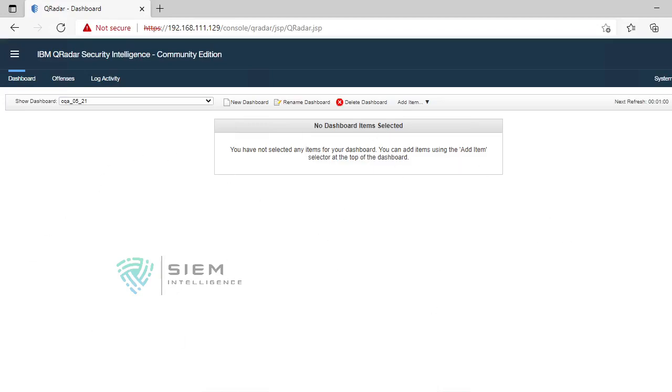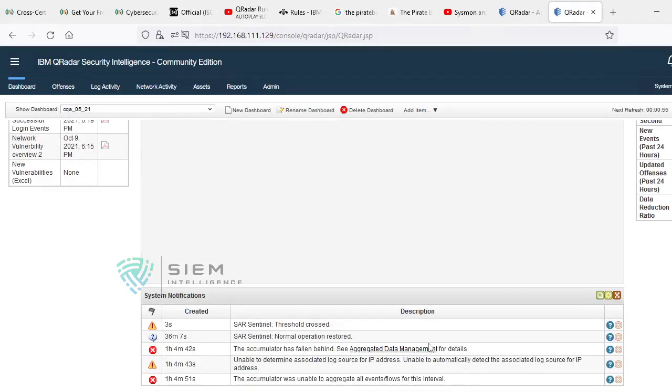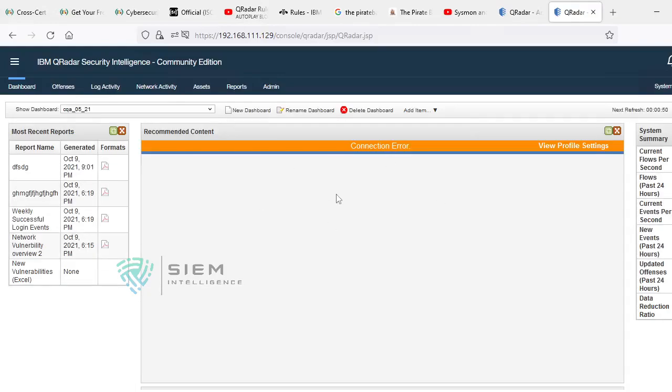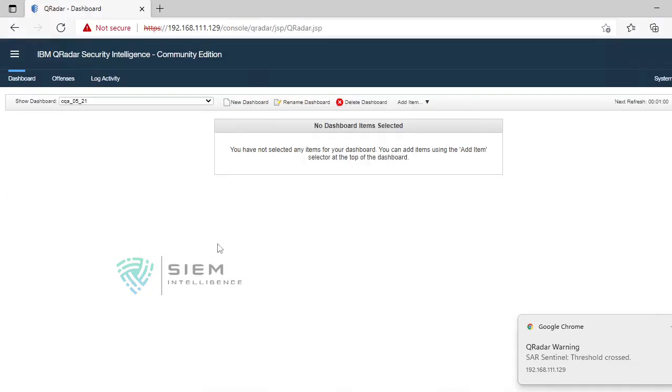Because these things which I have added, most recent reports, system summary, system notification, and recommended content should be visible for this flip user, but it is not showing. Why?